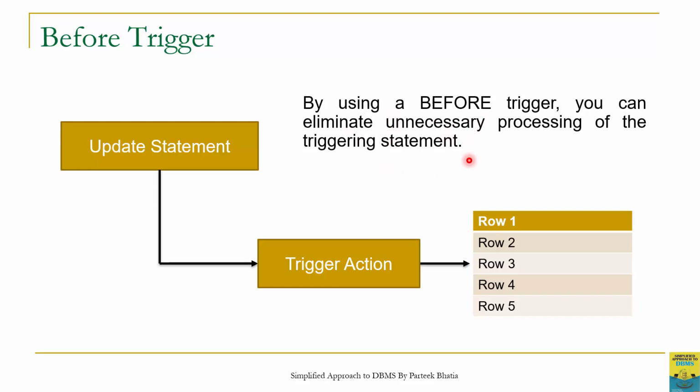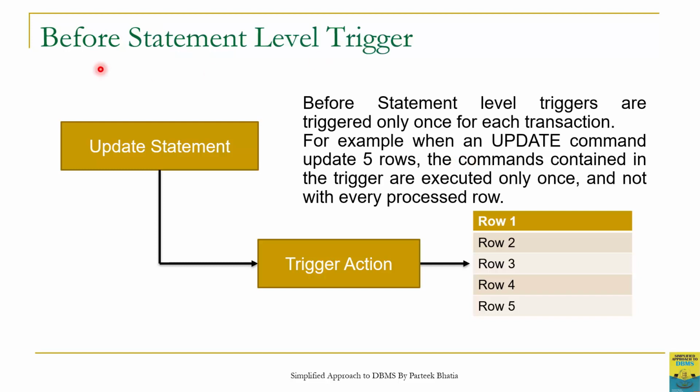As we know, before triggers can further be of two types. One is statement level and another is row level. Let us first discuss before statement level trigger. This is an example of before statement level trigger. Before statement level triggers are triggered only once for each transaction. It means when an update command updates 5 rows, the commands contained in the trigger are executed only once, not